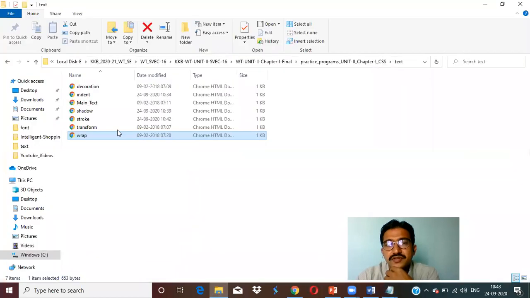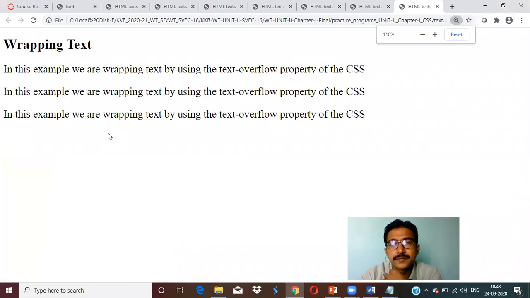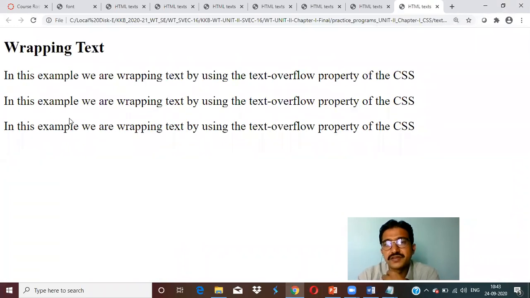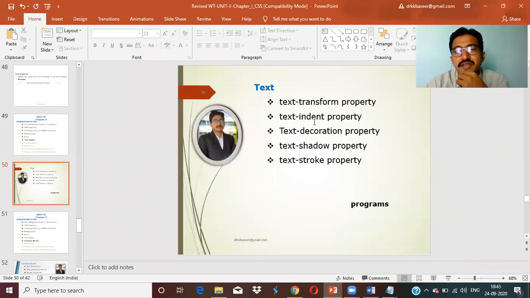If I run the program, you can understand what is meant by wrapping here. See the wrapping of the text overflow property. So how well we can apply the wrapping. But anyhow, it's not in the syllabus. But this is about the text properties and their respective values, with the help of programs.